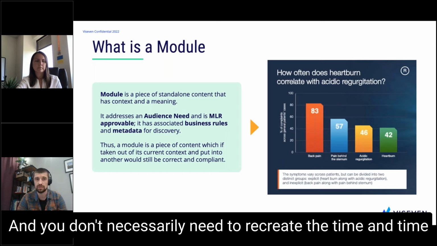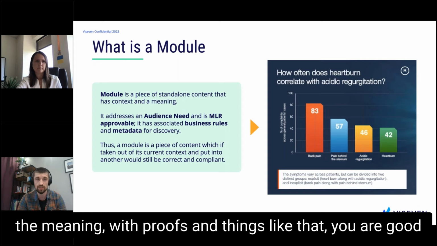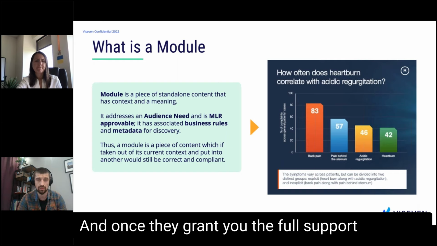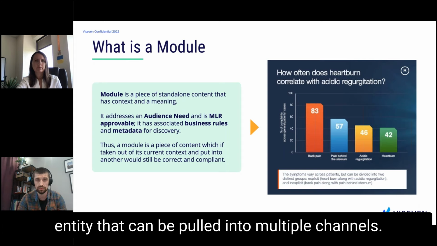And you don't necessarily need to recreate it time and time again, because if you created it as a standalone entity with the meaning, with the proofs and things like that, you are good to go through MLR with it. And once they grant you the full support in using this module, it becomes an omni-channel entity that can be pulled into multiple channels.